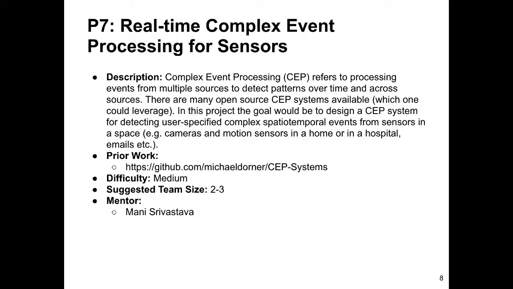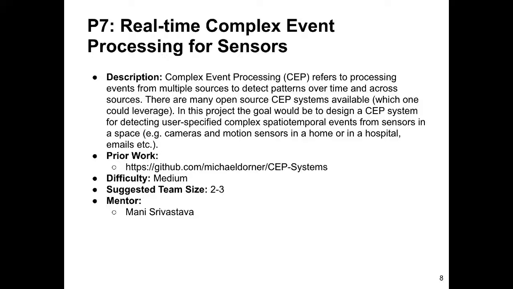The notion here is that imagine a space like a home or a city where there are lots of sensors, and those sensors are sending me events. It's kind of like multiple queues of events arriving, indicating something like a camera saying, hey, I saw a car, I saw a person with a red shirt, or I saw Tom. And then a backend which is ingesting these and looking for interesting patterns